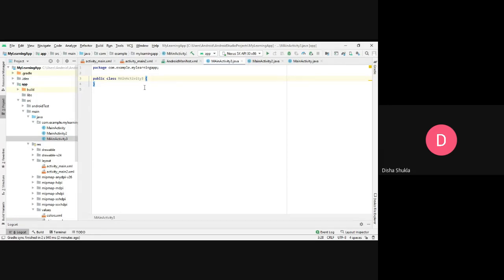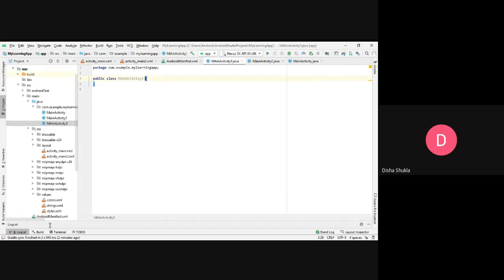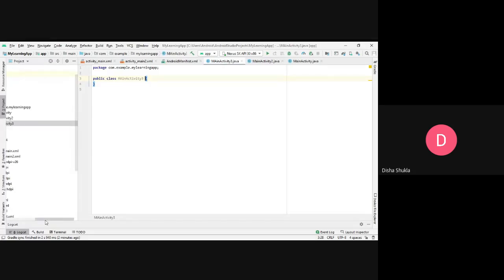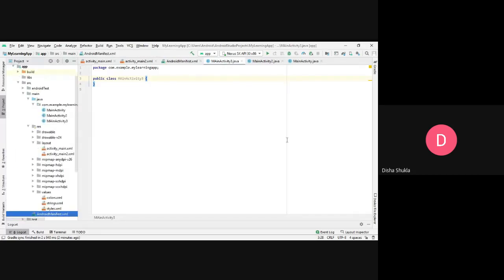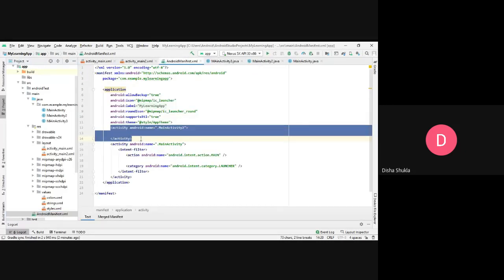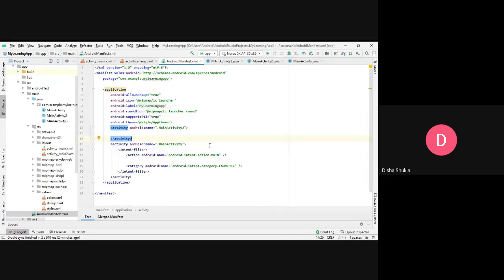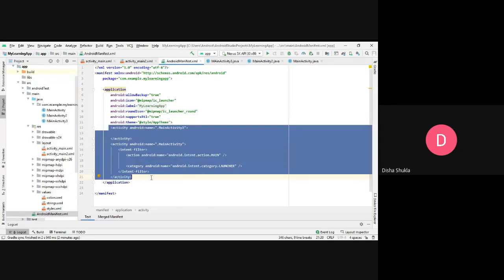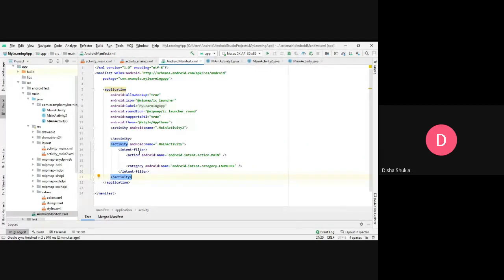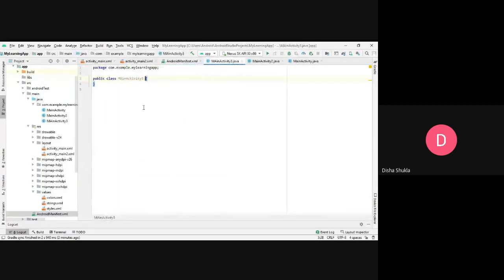It's just a Java class, so that will not be registered in your manifest file. Now, lots of students make this kind of mistake, so I am showing it here. Your main activity 3 is not registered over here in this manifest file, as you can see, because I have created that as a class and not as an activity.